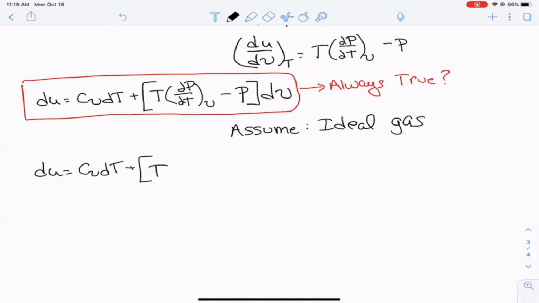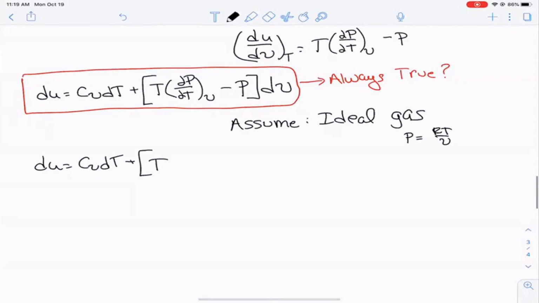We know for an ideal gas that PV equals RT, or P equals RT over V. So if we ask ourselves, what is (dP/dT) at constant V? If we take that derivative of RT over V, that's just R over V. Then we have dU equals C_V dT plus T times the result of that derivative, so that's just R over V,